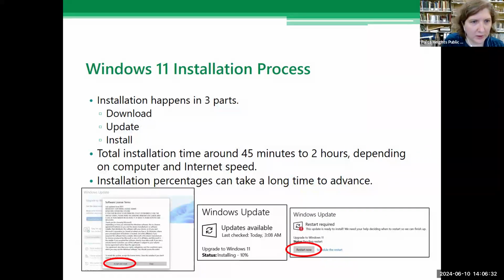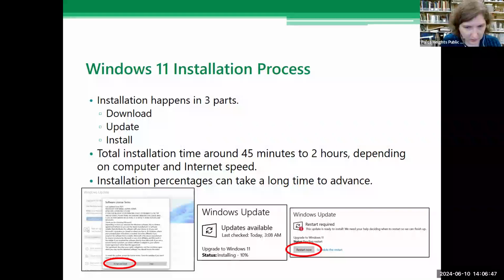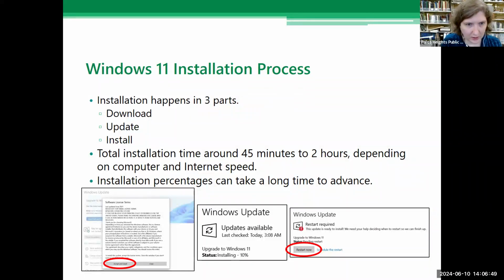If we're doing it from here, the installation will happen in 3 parts: the download, the update, and the install. Total installation can run about 45 minutes to 2 hours, depending on the PC. It should be able to tell you how long it should take. The installation percentages may seem like they will take a long time to advance, but it will be working.